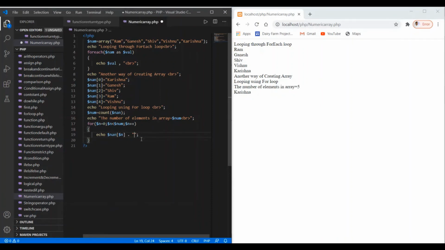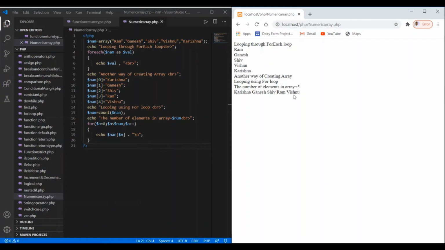We can use \n, let's say escape sequences. So what's going to happen? Yeah, it's showing the space between them, and Krishna, Ganesh, Shiv, Ram, and Vishnu come.